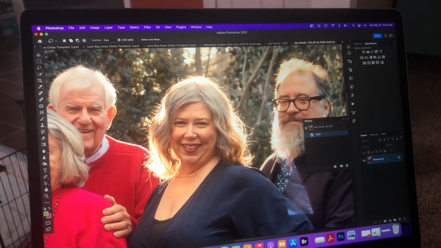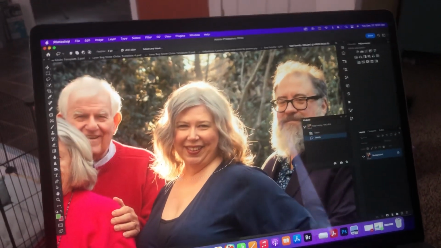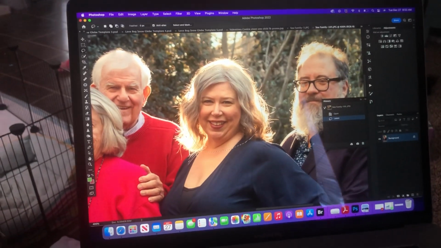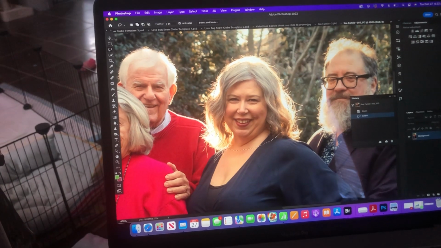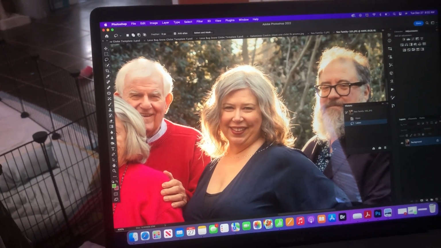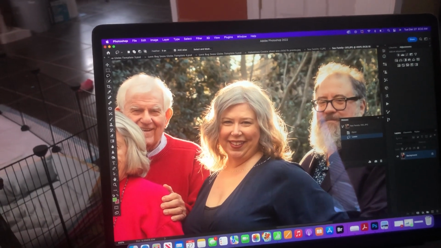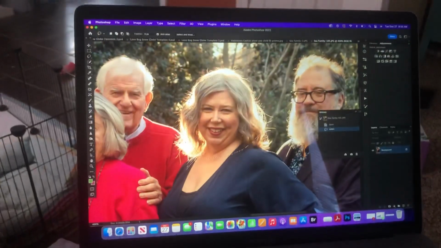And I'm gonna give it space around her head. That way I'll be able to mask off the edges, because sometimes the edges are harsh and you don't want to be able to see those edges. So that's why I did it around her face, a good bit around it. That way I could use that extra. Okay, so all I did was circle around her head, and then I hit Control-C on my keyboard, which is